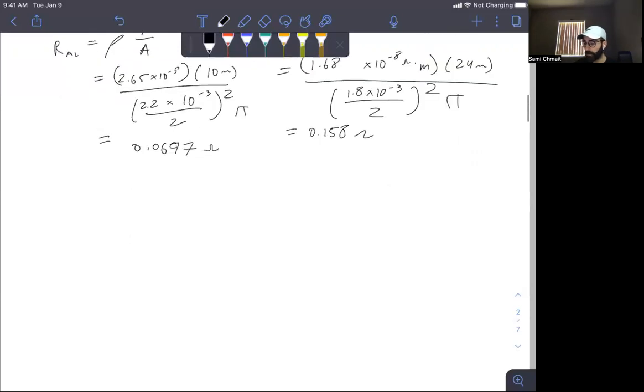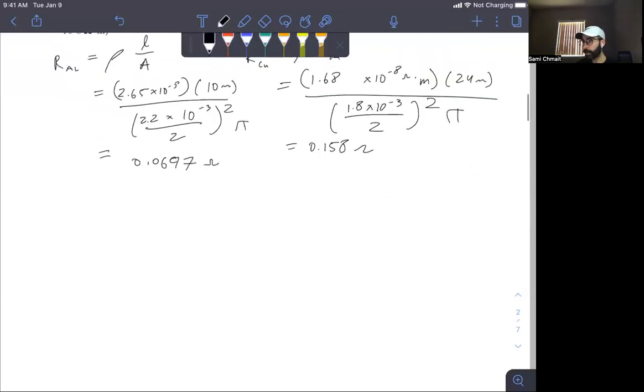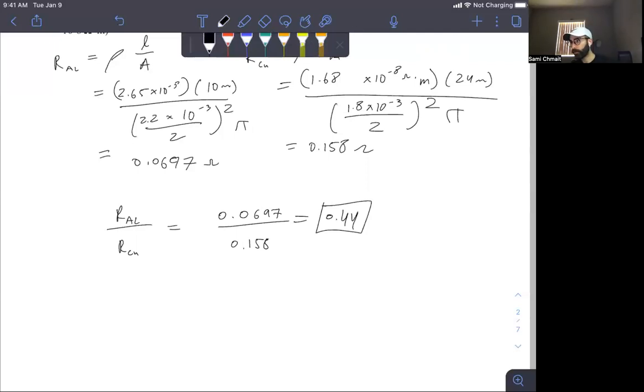Okay, and we can find the ratio of resistances by putting R_Al over R_Cu, which is equal to 0.0697 over 0.158, that equals 0.44. With ratios, the units cancel out, so we're done right there. That one's pretty straightforward, just plugging everything in. And this next one, we're dealing with